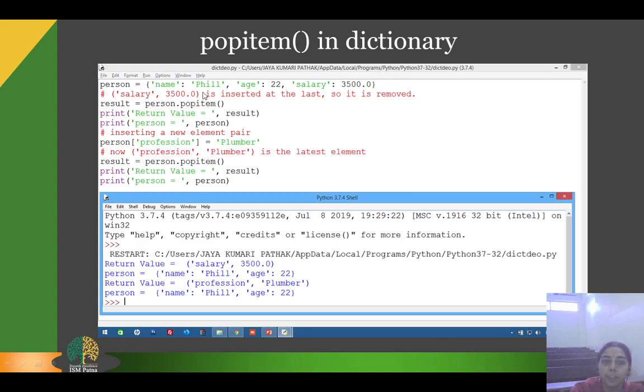It just printed name and age, as you can see in the output here. So popitem is a function which always works on the last inserted element in the dictionary. Therefore we can say that it works in last in first out order.